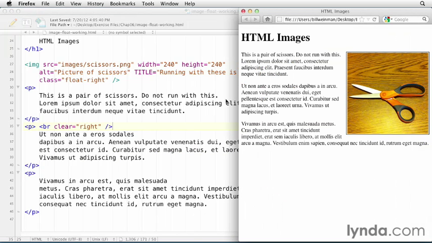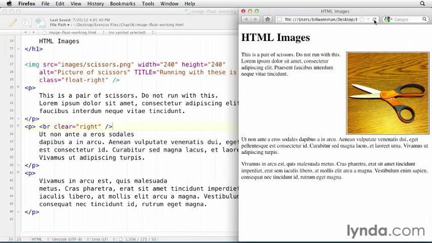And if I save that and load it up in the browser, you'll see that that paragraph now starts after the image. That clear equals right says anything that's floating on the right, let's clear that before we start this paragraph. So this obviously still works because browsers are designed to support legacy code, but this is actually considered